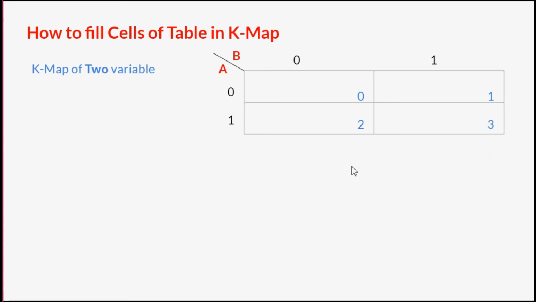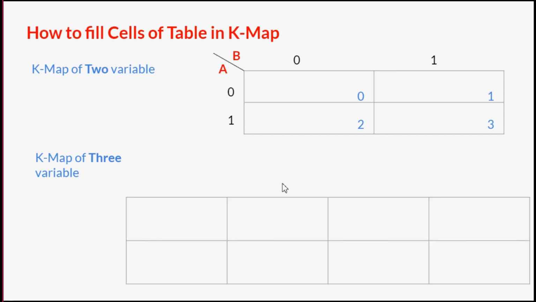Okay, so this is how my cells contain these numbers. Now whenever I am going to fill in the equation here, I am going to look at these numbers. How are we going to do that? Let's discuss. Before that, let's have a look at the K-map of 3 variables. Now, 3 variables, as we have already discussed in our previous videos, either horizontally or vertically I am going to represent the single entity, and on the other side I am going to represent the double entity, since it is having 3 variables.